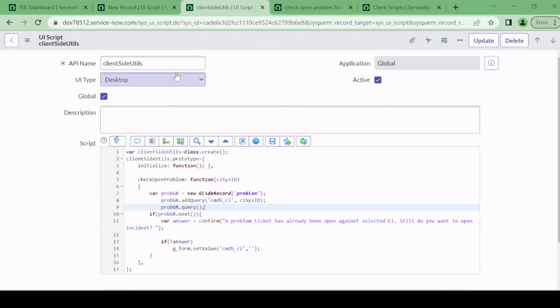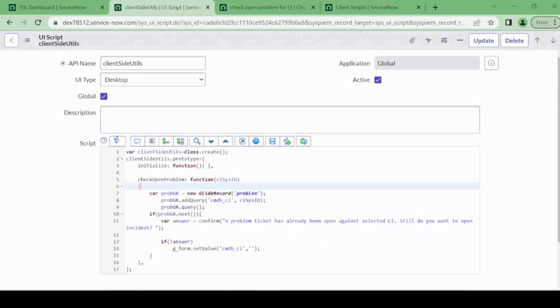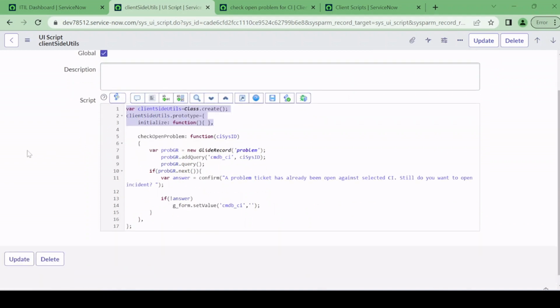I have given my API name client side utils, and for UI type I have selected desktop because I want to execute this logic on the desktop only. This is predefined syntax: the moment you save with the name, it will by default give you these functions, or syntax I can say. So our actual